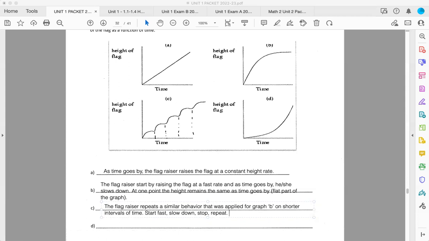So that's C. D is pretty much the other way around from B. It's not B, it's the other. We started slow. The flag raiser started raising the flag or change. Basically, when you raise the flag, that means the height of the flag is changing, right? The flag slowly, he or she then